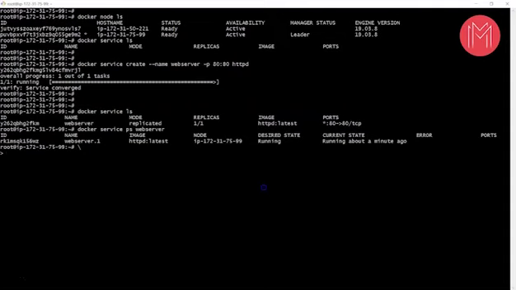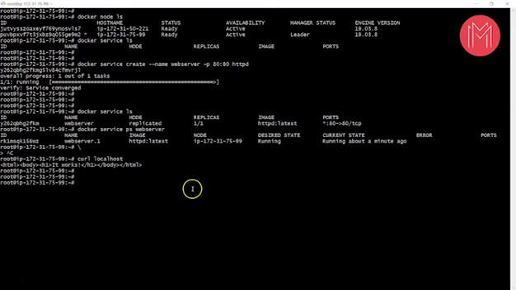Now I can use curl localhost, and I can actually hit the service which I deployed. So I can say okay, it works. As per the response, it says that it works, which means I'm able to connect without any problems or issues. So this is the fundamental reason. You can also do curl